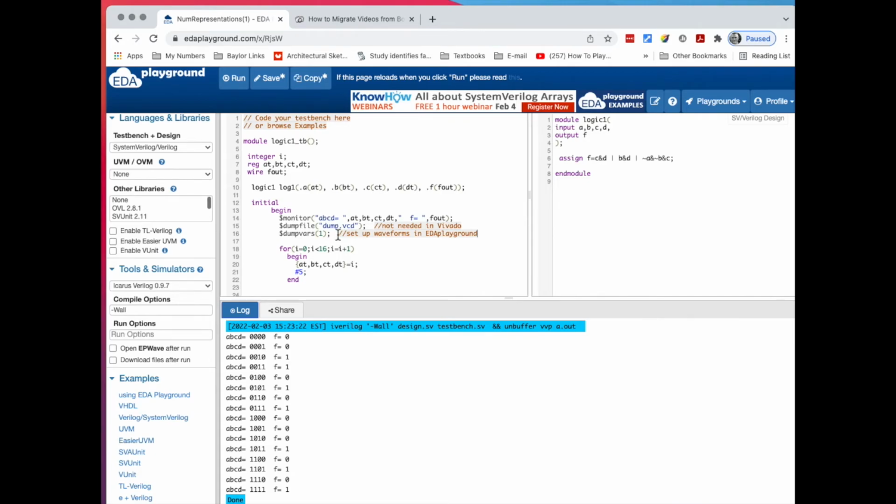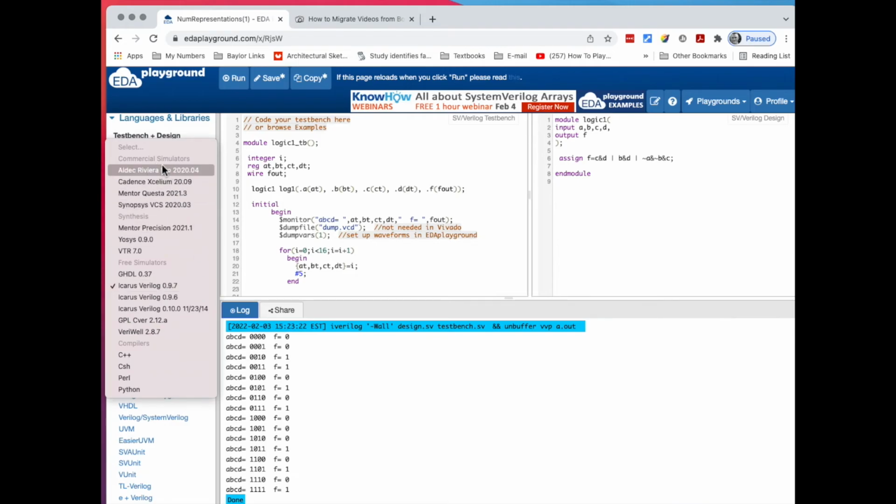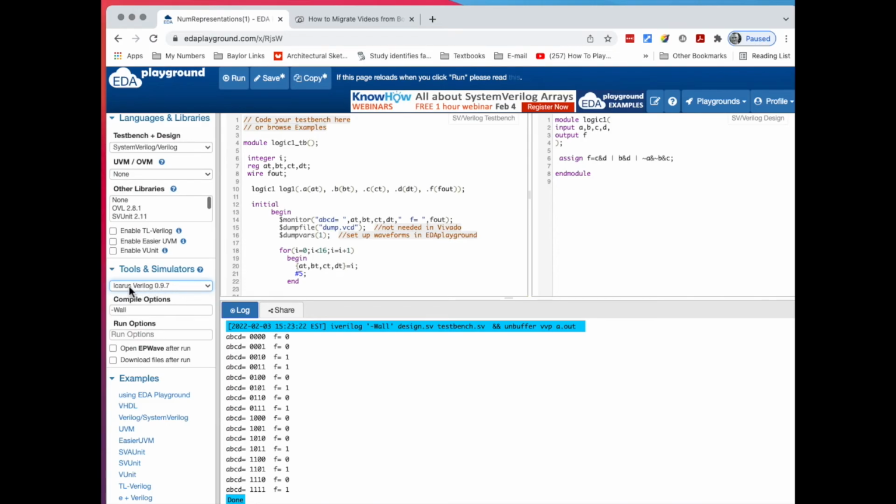So what do I do with that? Well, under the run options, and by the way, you might hit an error if you don't have a language selected. I selected Verilog, Icarus Verilog 0.9.7. For these simple cases we're running, that will work, and so will the other option. If we want to open up the waveform after a run, you check this box, and when I run this,